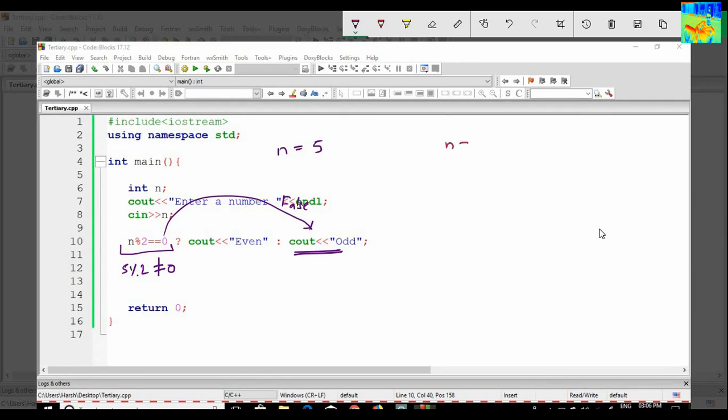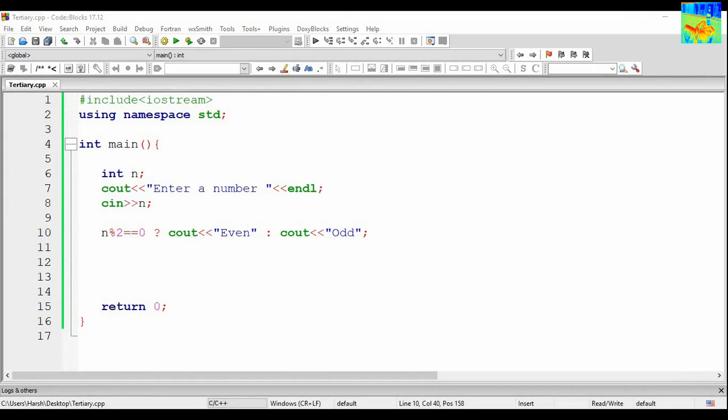Now let's say n equals 6. So 6 mod 2 equals 0. So this condition is true. Since this condition is true, I will come here, and I will print even.